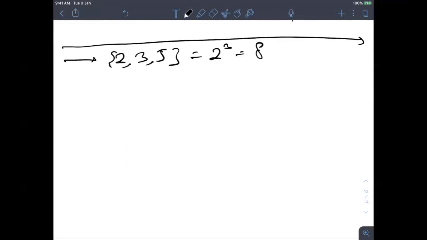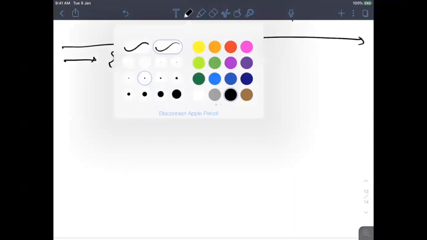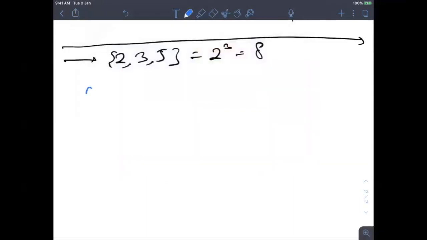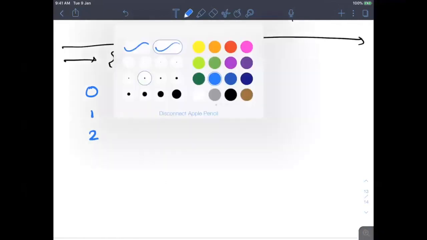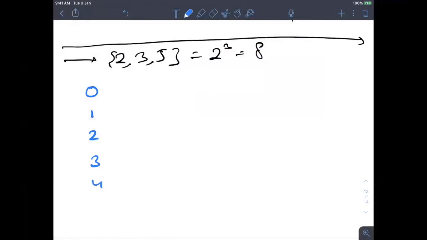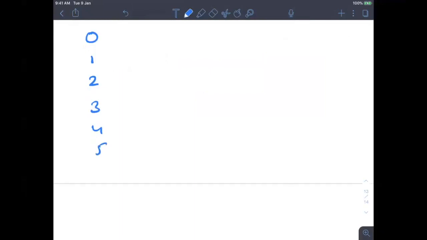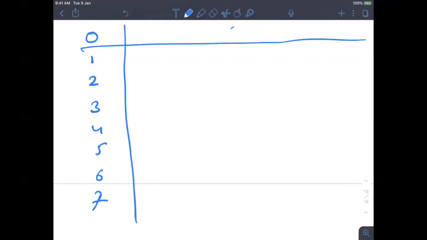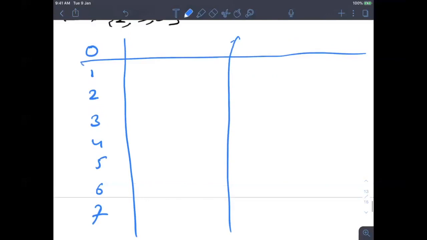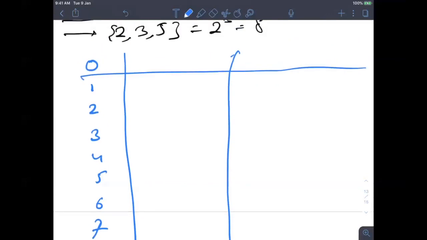So just count from 0 to 7. Okay, let's start the counting: 0, 1, 2, 3, 4, 5, 6, and 7. So 0 to 7 we are counting. Now this is the number, and this is its binary representation.